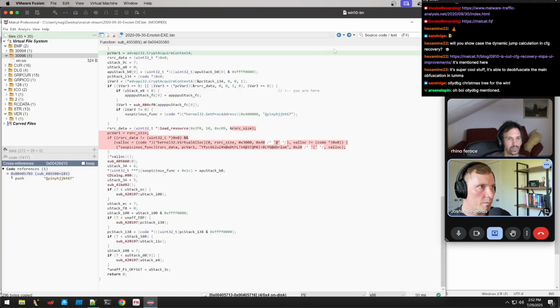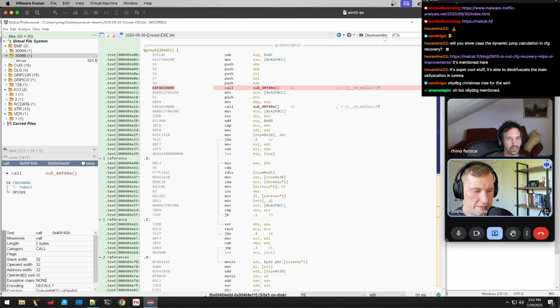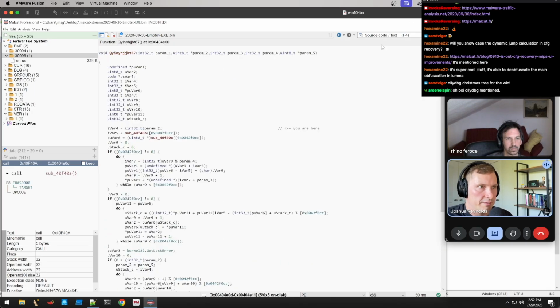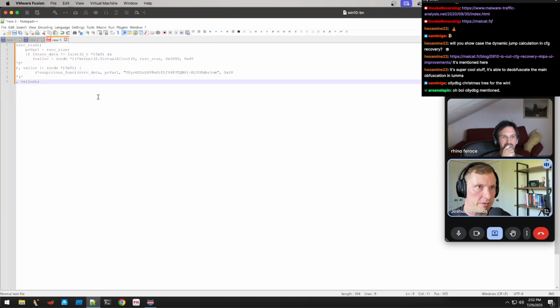Okay, that works. If I go back to the symbols and then go to the export and then go back to disassembly, so I'll just hit F4. You should make that F5, by the way, because that's like IDA. So, and then if we look at the export function here, then I'm just going to pull up my little